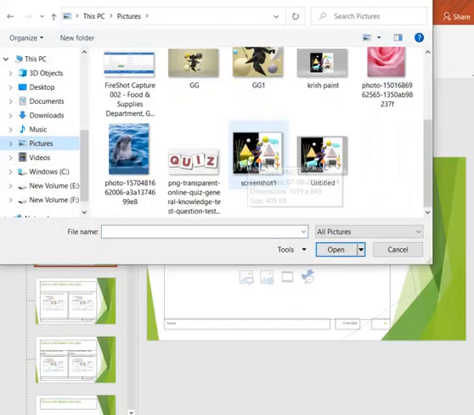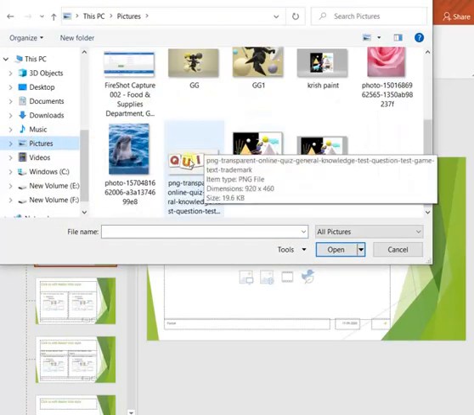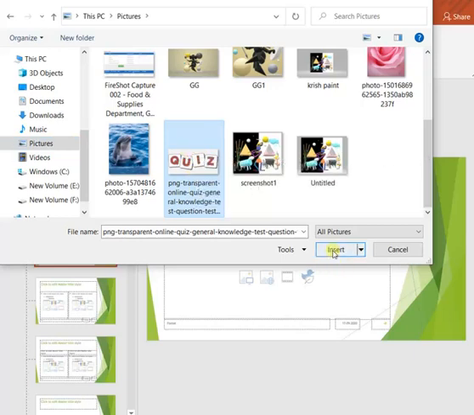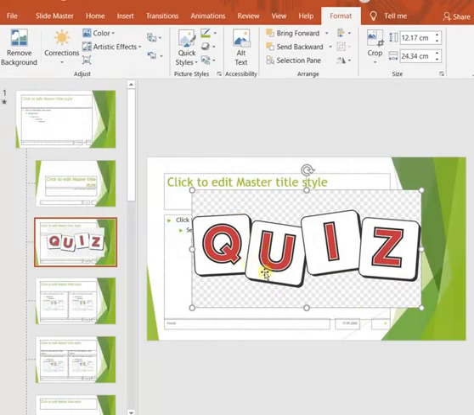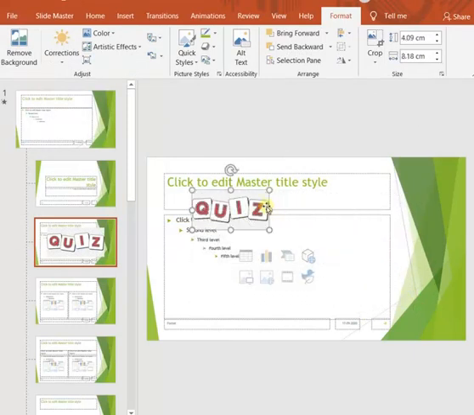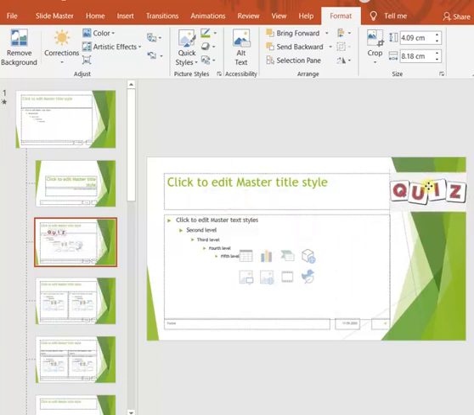In Pictures I have kept this quiz picture. I will click on Insert. See, it has been inserted, but it is big. I will resize it, drag it and put it in the right corner. So in this layout I have made some change.